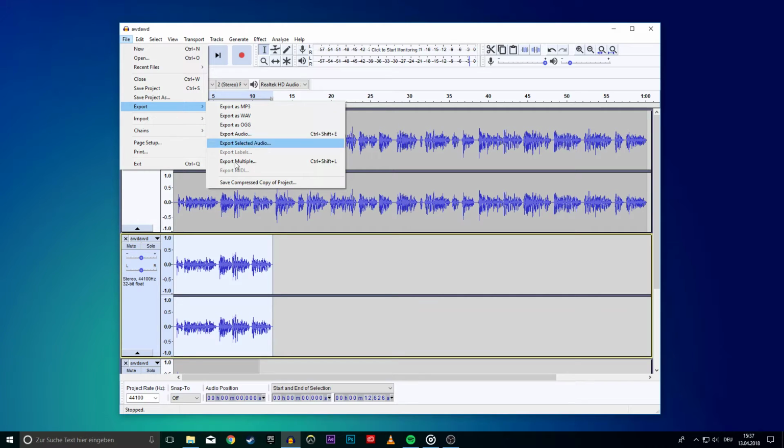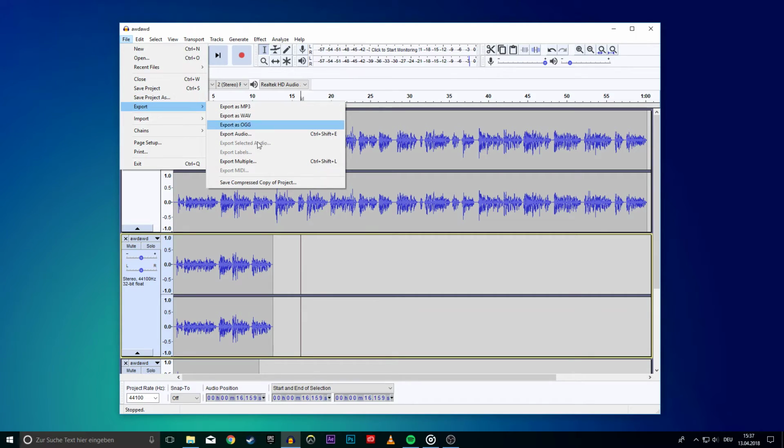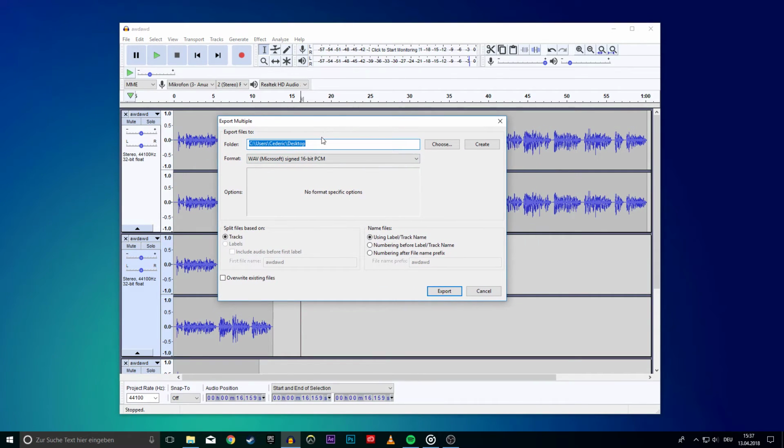You can also export every track separately with one action. Go back to File and choose Export Multiple. Here you can simply export every track individually. This can be very useful depending on what your